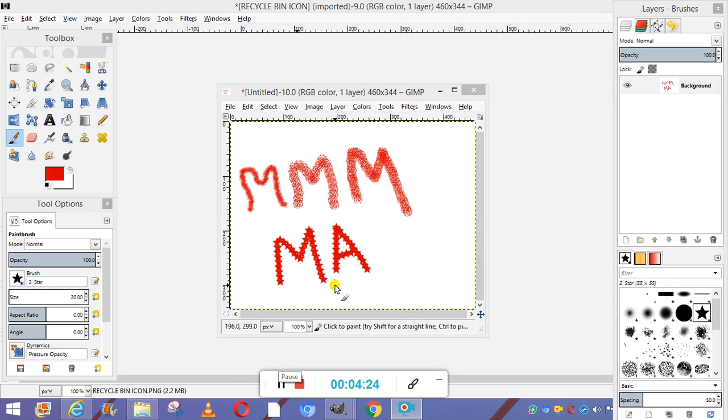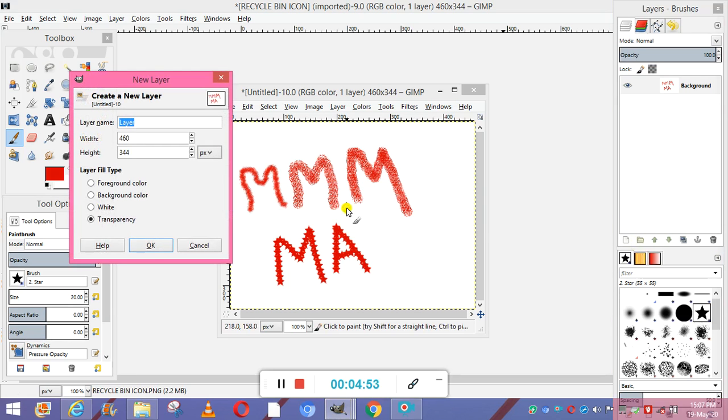Now working with the layers. Layers are like sheets on an image, so we can work on one part of the image without affecting the other parts. So in this we are going to manage the layers in the layers dialog. First we will create the layers. Okay, to create a new layer we will go to the layers dialog box, and in the left bottom corner there is an option to create a new layer.